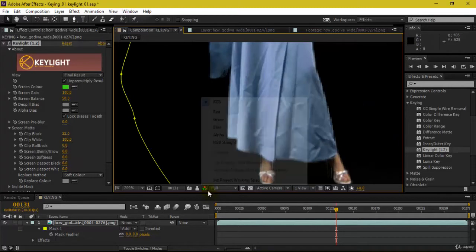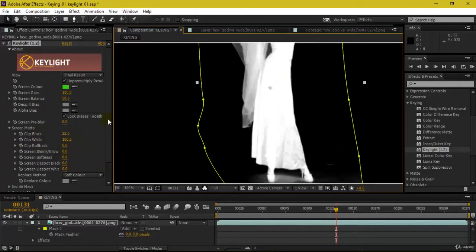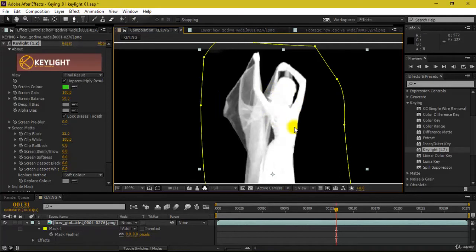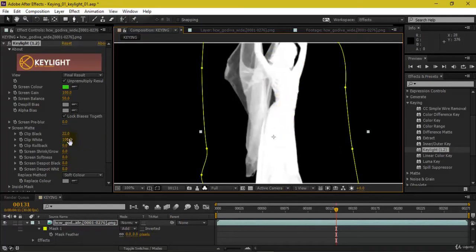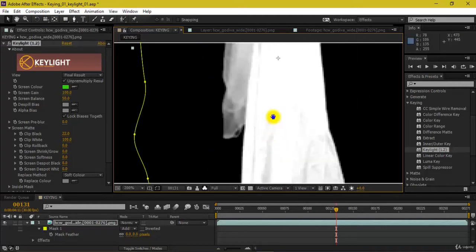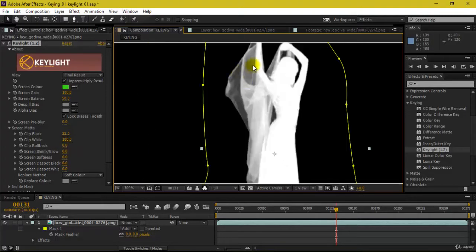So what you have to do is go back to alpha here, and there is an option known as clip white. What it does is reduce the values. So right now it is at 0. What it will do is make these semi-transparent areas more opaque. So it depends upon how you want to control it, because decreasing the value to a greater extent might make these areas, the cloth, more opaque, which we do not want.